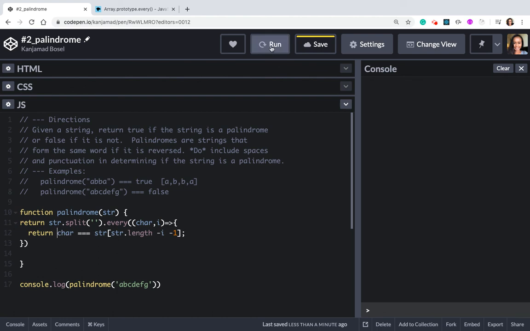Yeah. And if we run this string here, it's going to turn out to be false. And if we run the string abba, it's going to turn out to be true. Yeah, true. That's it for the